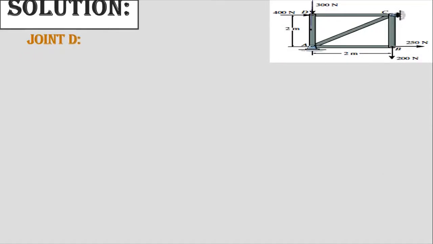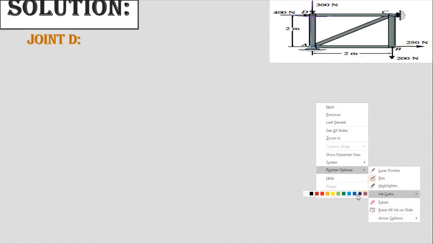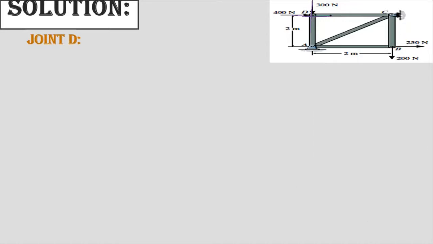And you can see here that I am going to draw the axis at joint D, and you can see here how many forces act over joint D. There is one member force, FDC, that is acting on the positive x-axis. This is the very easy method whenever you are going to solve a joint. So always take that joint and draw a free body diagram at the joint. FDA is acting downward on the negative y-axis.